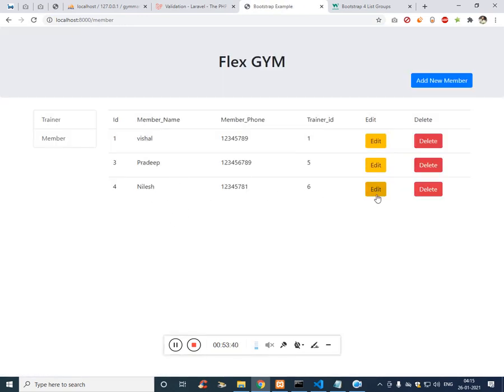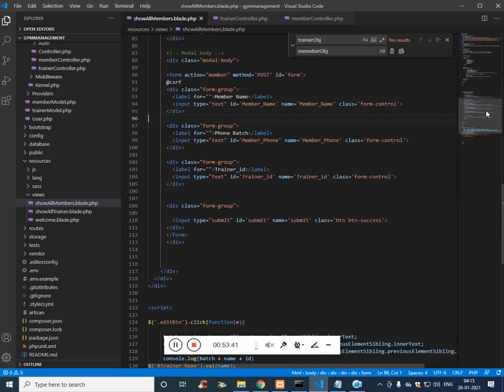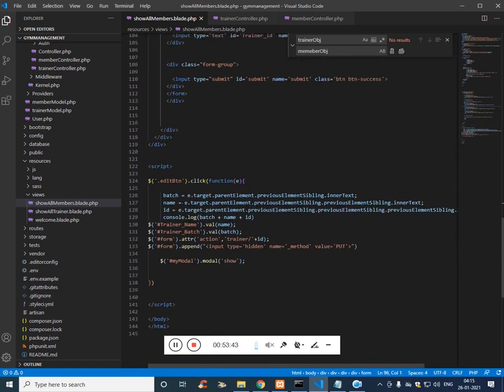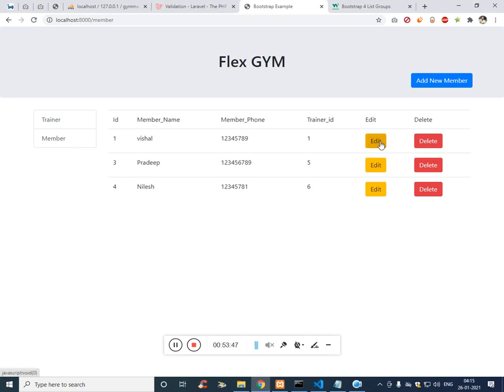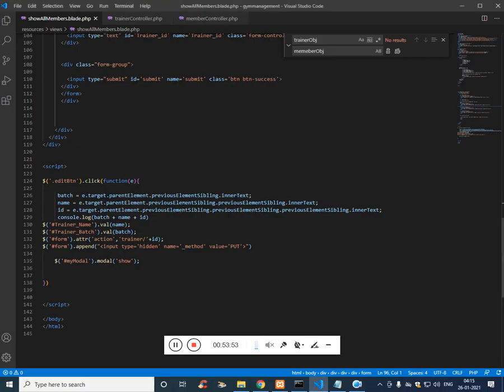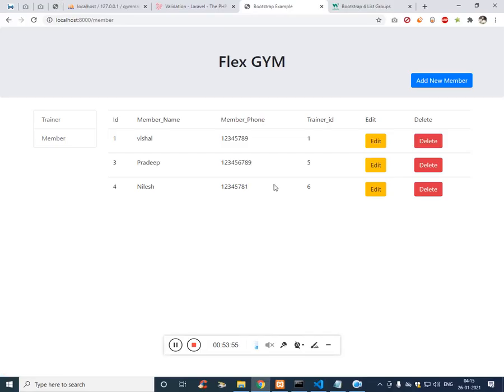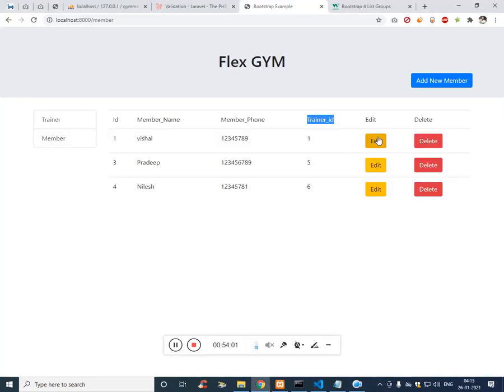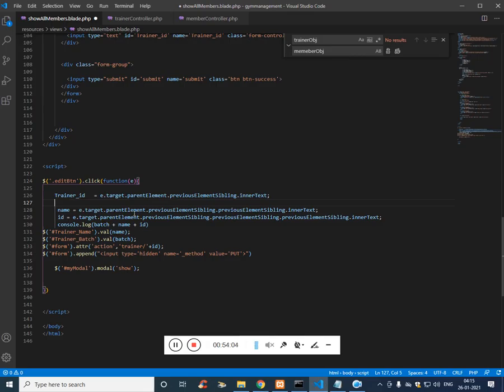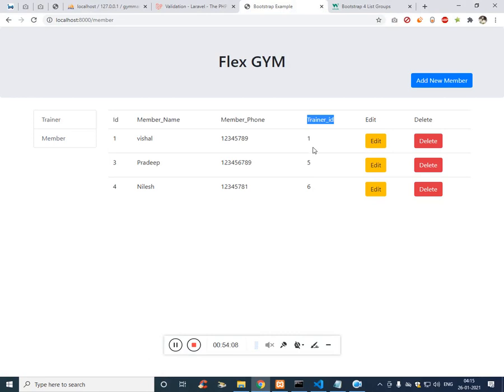Now it's time to edit. So if you remember, we used this. Once I click on the edit button, this is the parent element and this is the previous element. So this is going to be what? The trainer ID. So e.target's parent element, which is TD, and the previous element is ID.